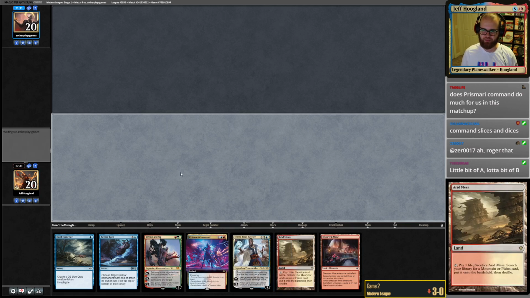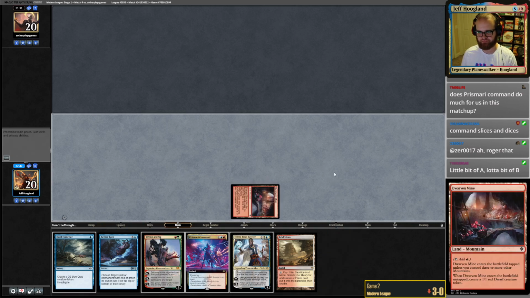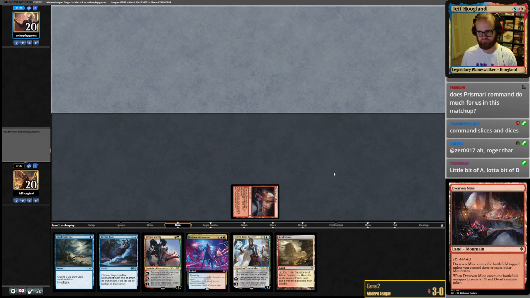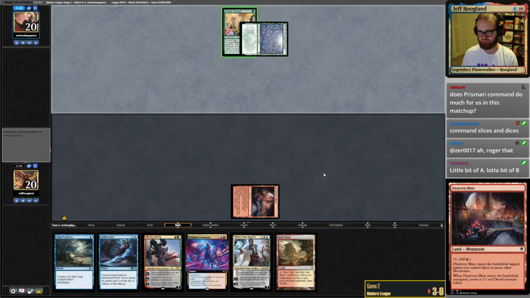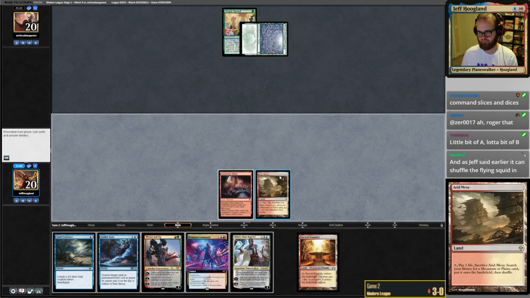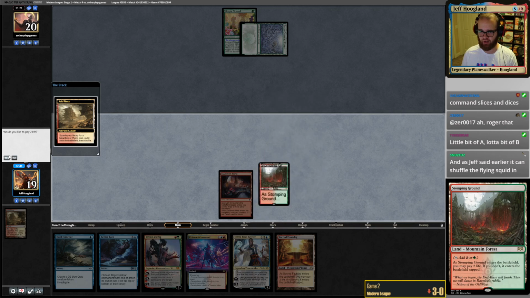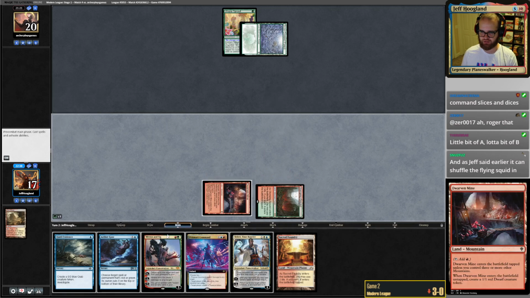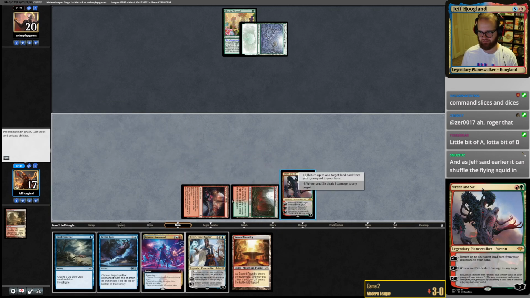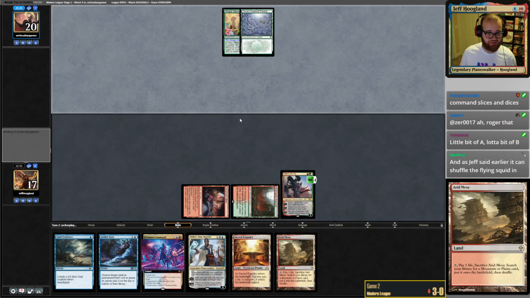I think we keep this. We'll grab Stomping Grounds, and then Wrenn and Six back the fetch land. And then this is the part where they turn 2 Blood Moon us, and I just concede because life's too